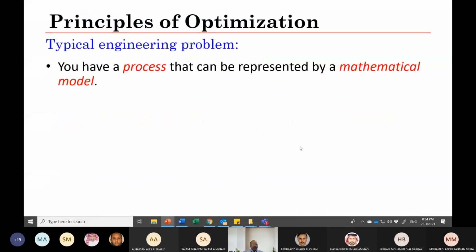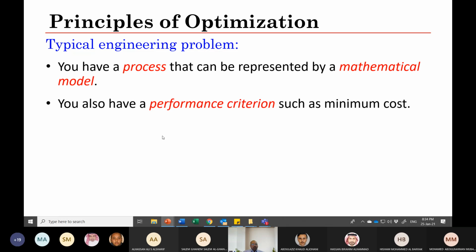A typical engineering problem, you have a process that can be represented by a mathematical model, and you also have a performance criteria, such as minimum cost. Of course, this is just an example. And if you have a control problem, this performance criteria could be, for example, the settling time, could be the overshoot or deviations, maximum deviation, could be the eigenvalues, whether